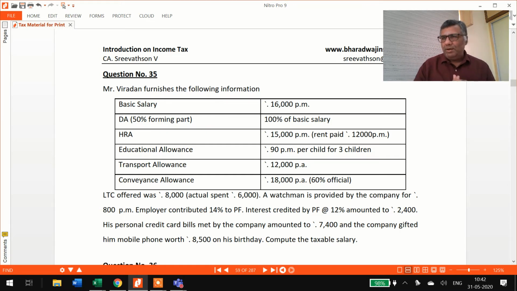And overall in the material, there are a lot of my own questions. Not that I'm claiming that I can create a question. I'm just being very honest to you that while typing a question, laziness speaks. Okay, I want to do this, that, this, that. I type the question. Sometimes I might miss out on the key details. But in examination it will not happen. I haven't given the city, please. Please take it as metro. I forgot to give the city for HRA. Please take it as metro.